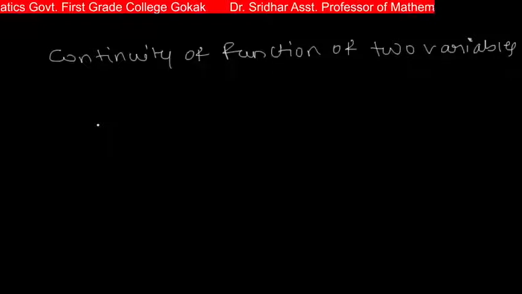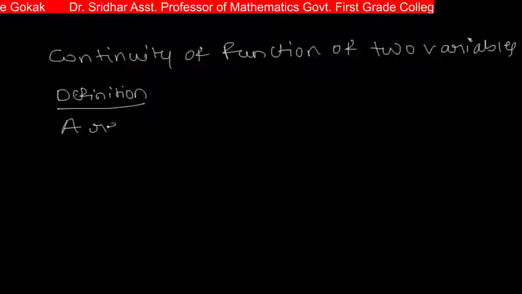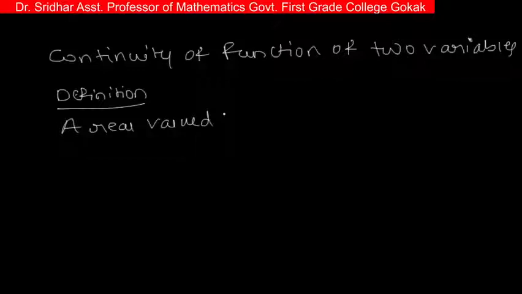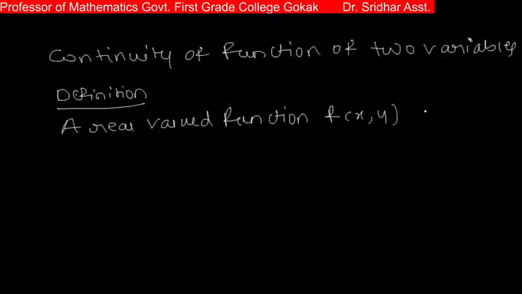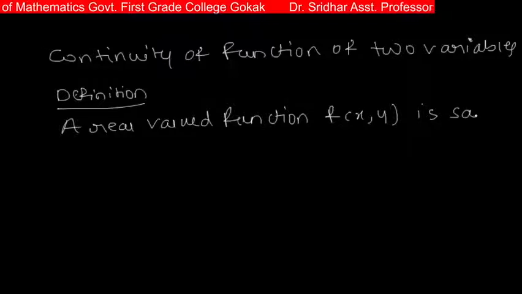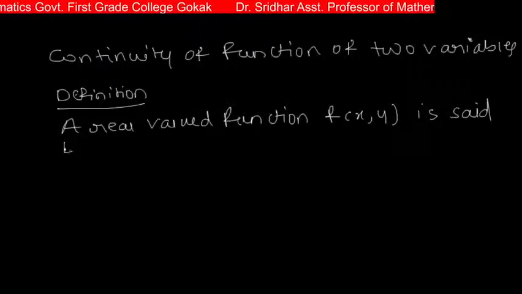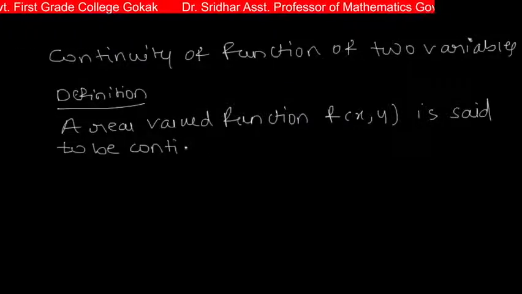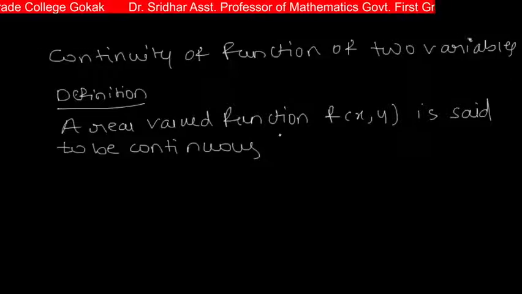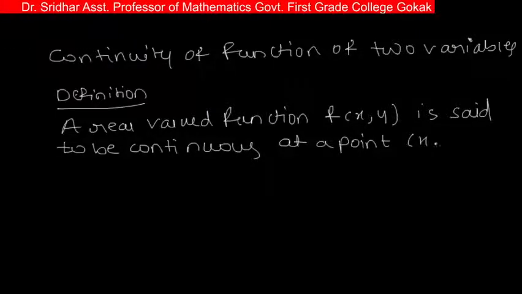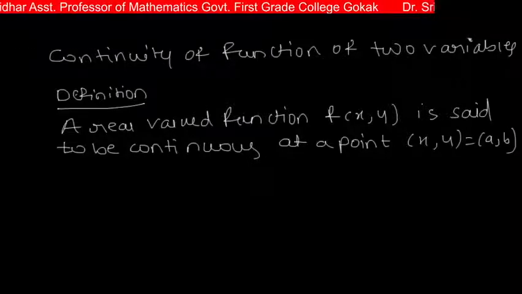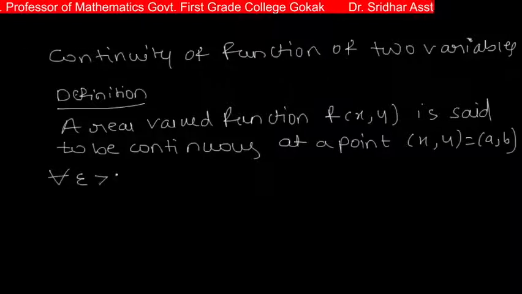Continuity of function of two variables. It is defined as: a real valued function f of x, y is said to be continuous at a point (x, y) equal to (a, b) if, for all epsilon greater than 0,